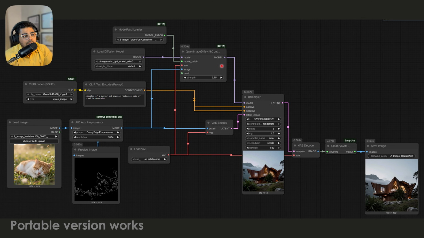Keep the denoise to 1, rather play with the strength of this ControlNet. Okay. Even in the portable version, this might not work in the first attempt. It did not work for me. What you need to do in the portable version, you need to update your ComfyUI, not inside, but through the